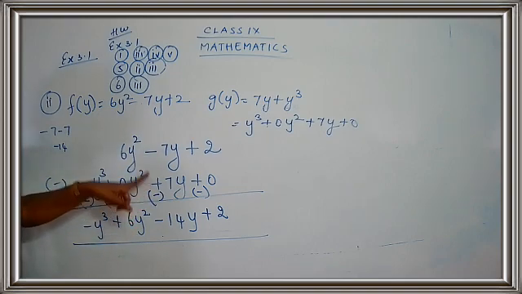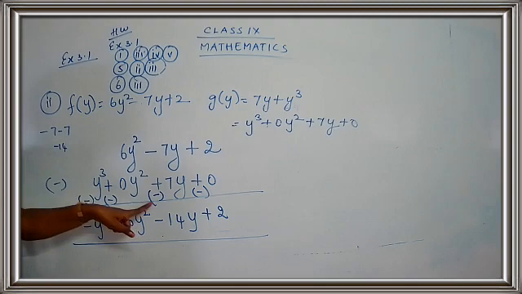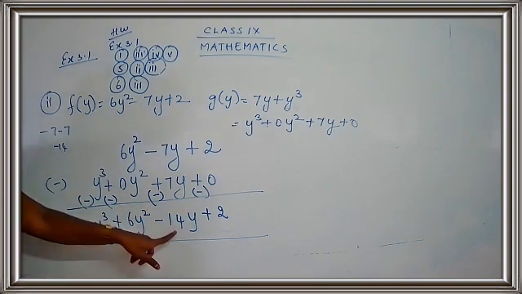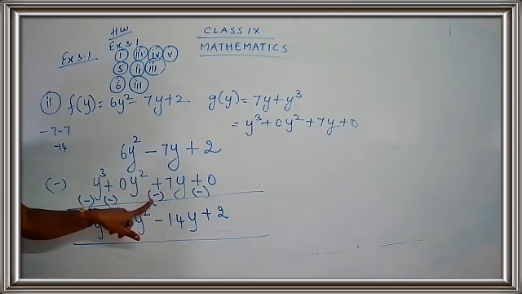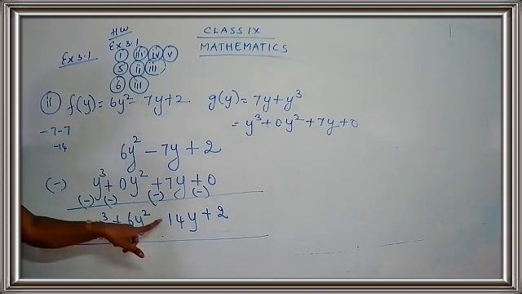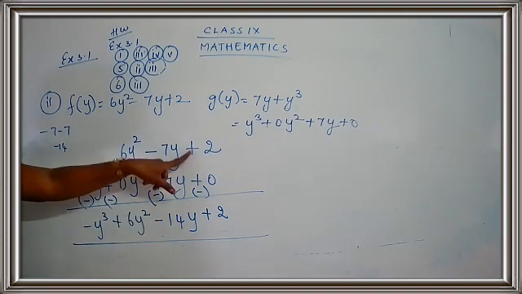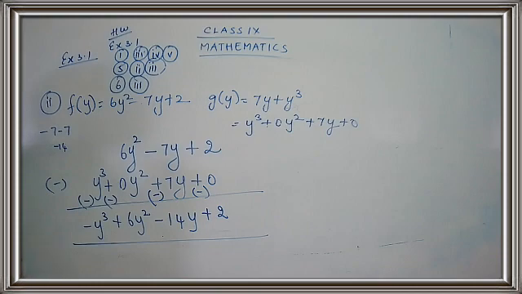Minus 7 minus 7. Don't take the old sign. Minus 7 minus 7. Minus minus plus. So 14. Here both the signs are negative, so the answer will be negative. Minus 14y. 2 minus 0. That is 2. Here already I have given you some sums for homework on integers. Children, so many have tried those sums. So I hope you are clear with the integers and you know how to solve the sums with different signs. So just do it properly.